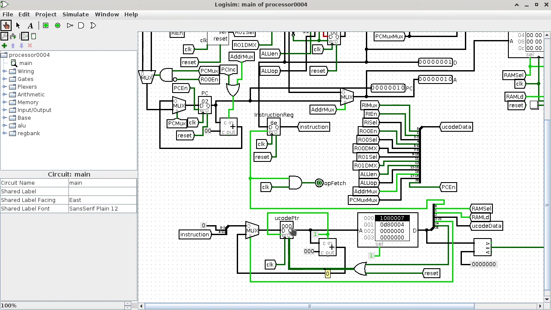So this will fetch the halt instruction. So Control T fetches the halt instruction. You can see how the opcode of the halt instruction is now in the instruction register. Control T again is going to increment the microcode pointer. Control T again is going to increment the program counter. Control T again is going to decode the instruction register. The instruction register has 0, 1 in it right now. So that means the microcode pointer will update to